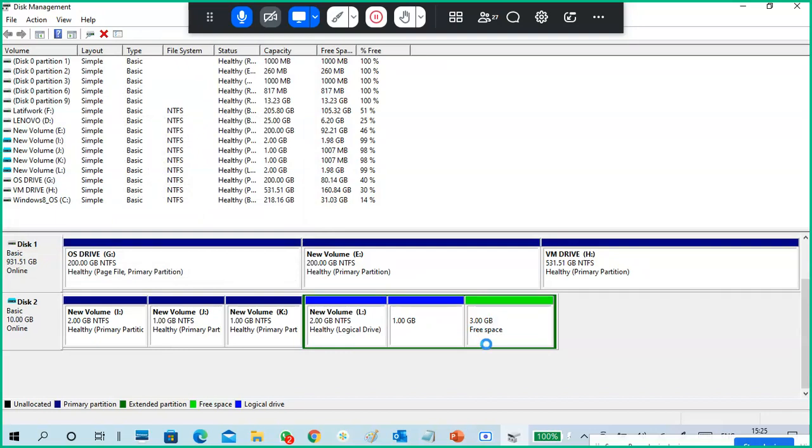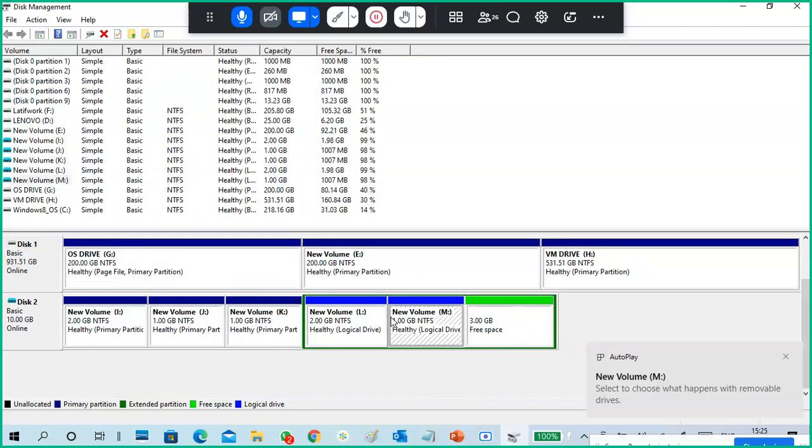A 1 GB partition I'm creating. See, still 3 GB left. So 5 partitions are currently created: 1, 2, 3 are primary partitions and 4, 5 are logical drives. I can still create more because I have free space. So that is the extended partition.